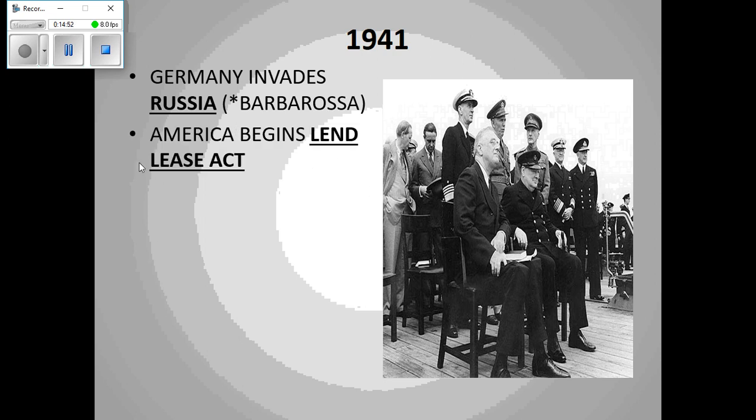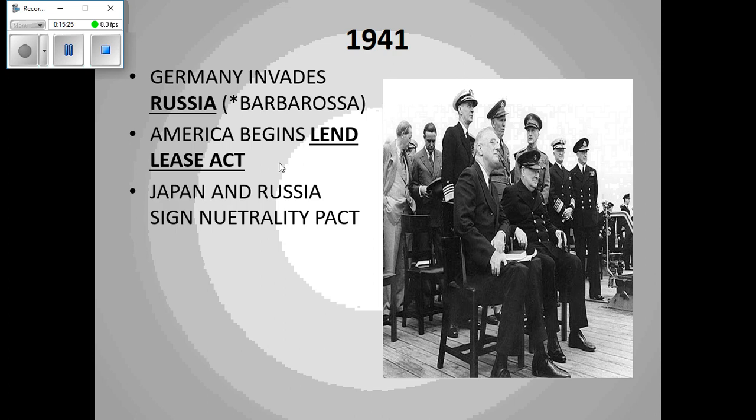All right, now the United States, early 1941, is still trying like crazy to stay out of the war. We're not involved. We don't have troops. We're not shooting guns or anything. So our Congress passes a law called the Lend-Lease Act, and we start loaning money, or not loaning money, but building weapons for war and giving them to Great Britain, France, and anybody that's our ally, Canada, Australia, anybody that needs it. We're trying to make sure that our allies don't lose this early in the war, because we know eventually we're going to end up in it.